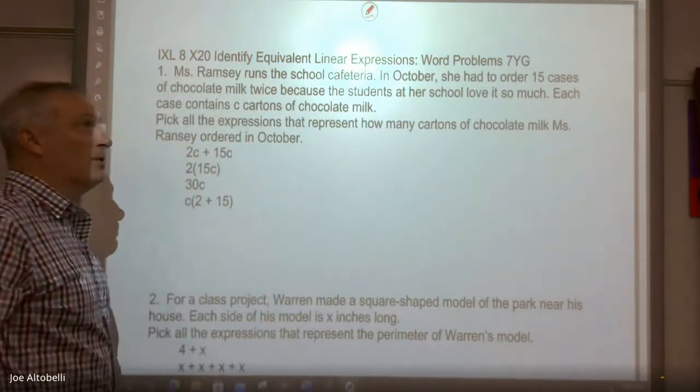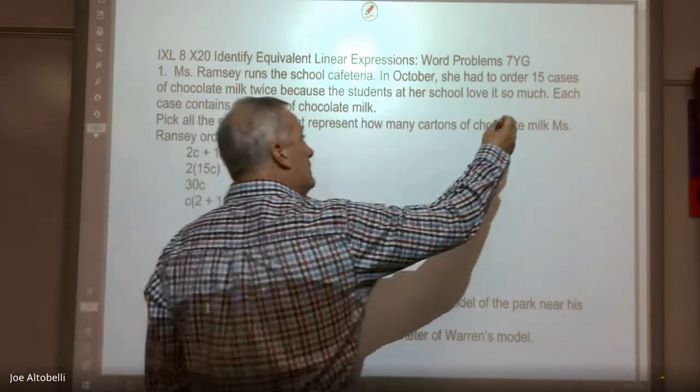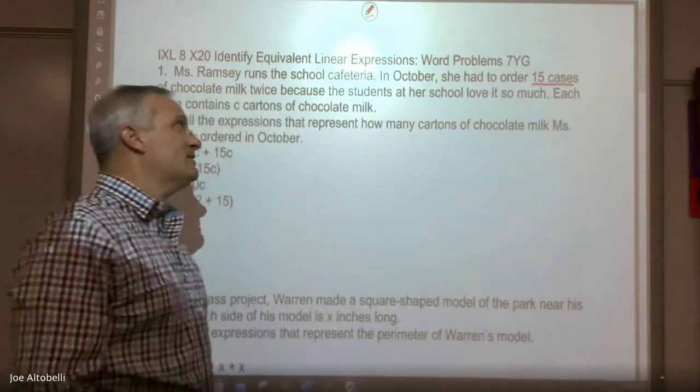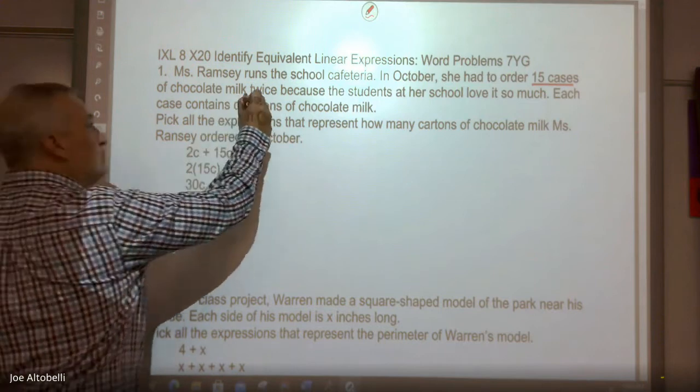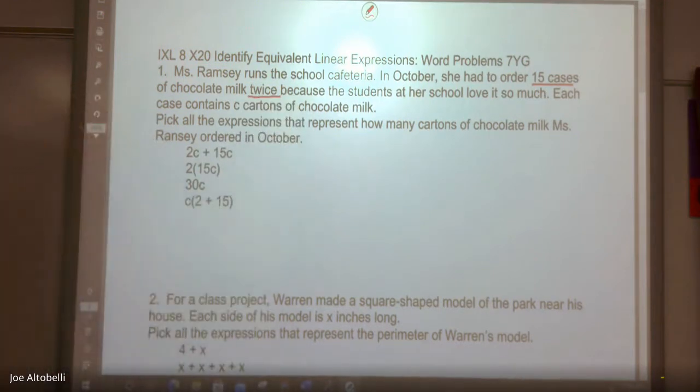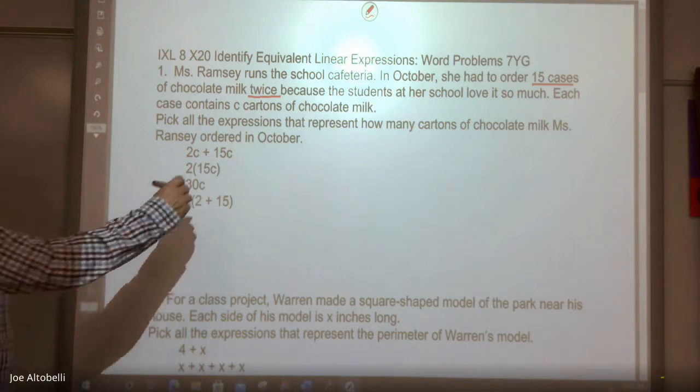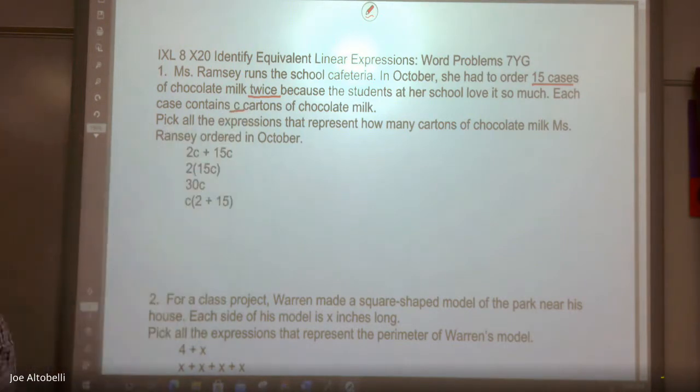In October, she had to order 15 cases of chocolate milk twice because the students at her school love it so much. Each case contains C cartons of chocolate milk. Pick all the expressions that represent how many cartons of chocolate milk Miss Ramsey